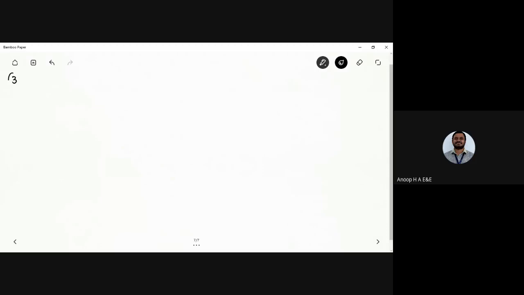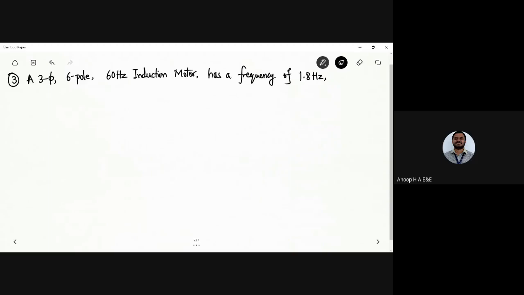This is the last problem, and the problem states: a three-phase, 6-pole, 60 hertz induction motor has a frequency of 1.8 hertz in the rotor. Find the synchronous speed and